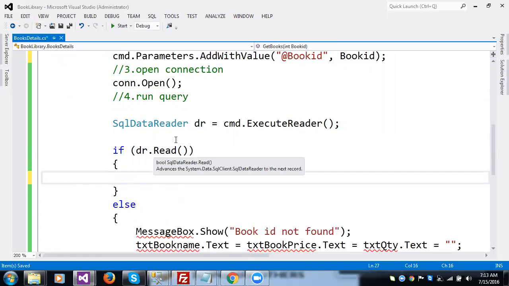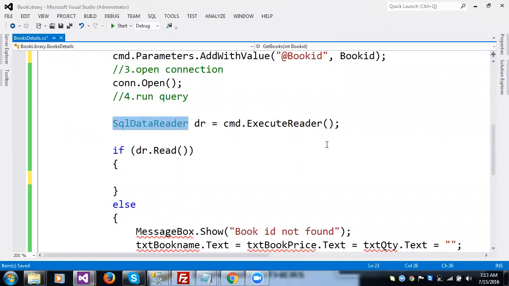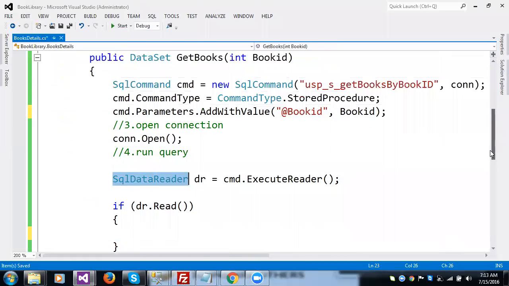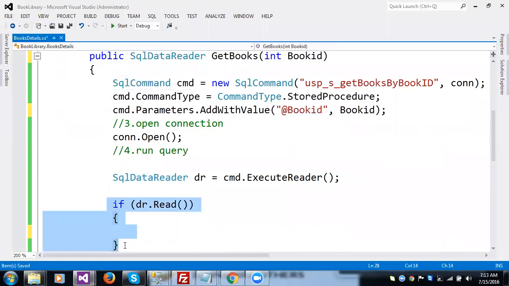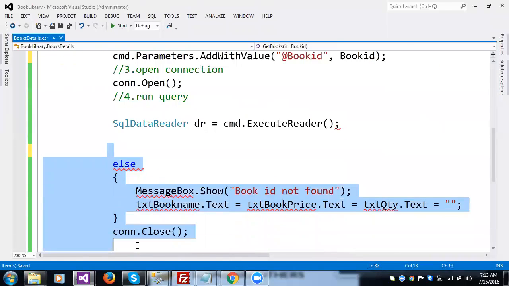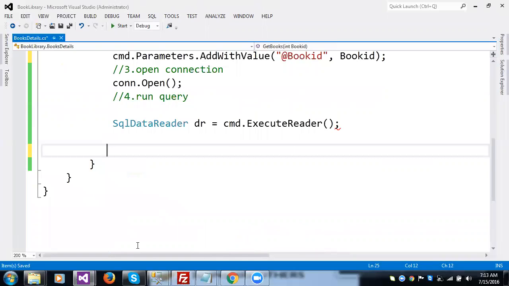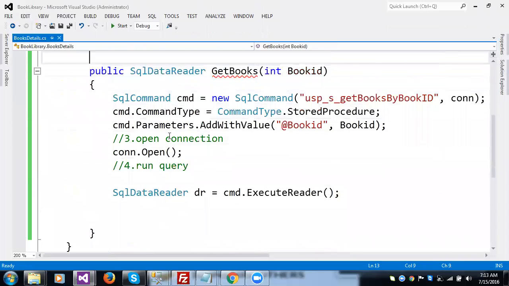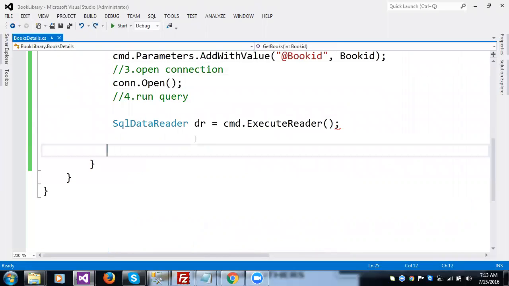So now either you can use a data reader, the same type of functionality. Then we can say the return type is a row coming to the front end. What return type is there? The same return type we can use here, and there we can receive the details. So this if condition and whatever values we are assigning, all those things are not available here, and we cannot close the connection also. But if it is a disconnected architecture, it will automatically close the connection and automatically open the connection. So that is the reason here